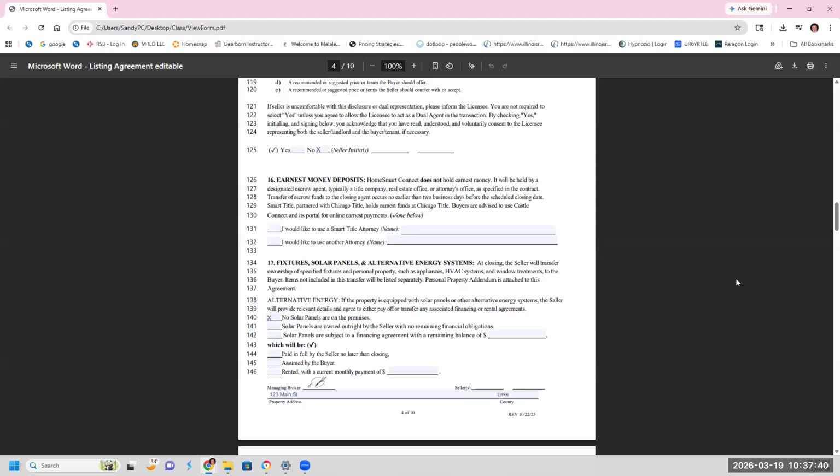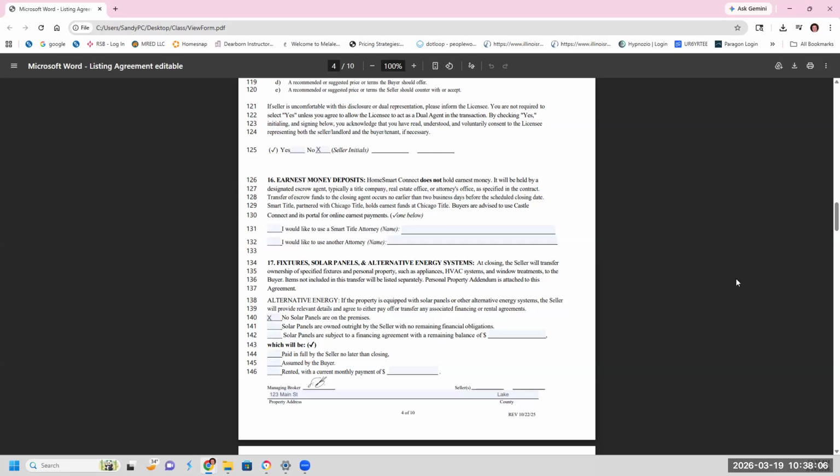If you choose to use Smart Title and a Smart Title attorney, there is a possibility you could be paid at the closing table directly rather than the check coming back to HomeSmart and HomeSmart paying you. It might get you your money 24 to 48 hours earlier. But there are hoops you've got to jump through.